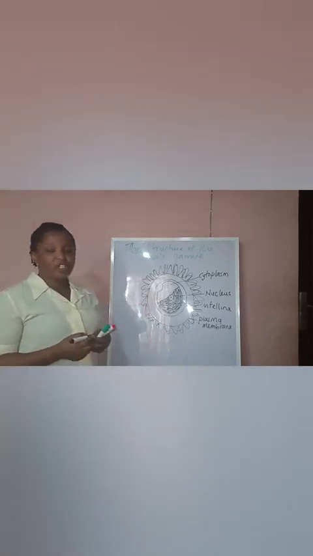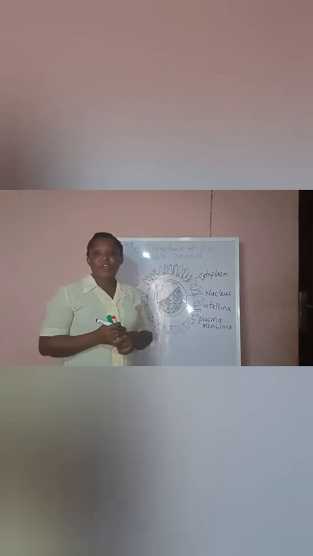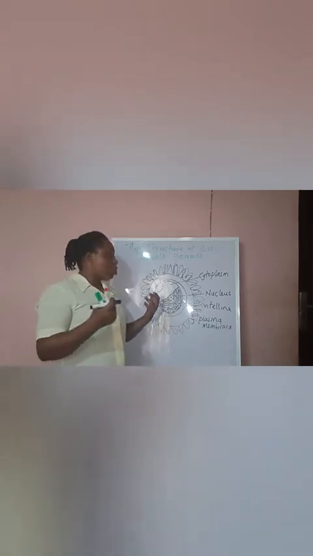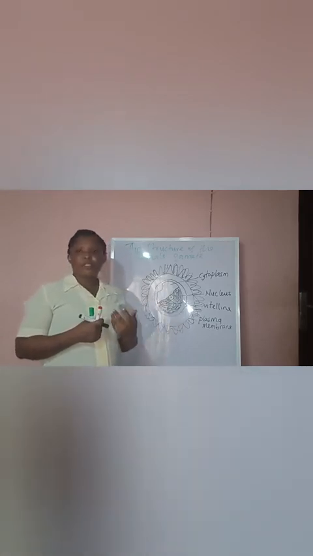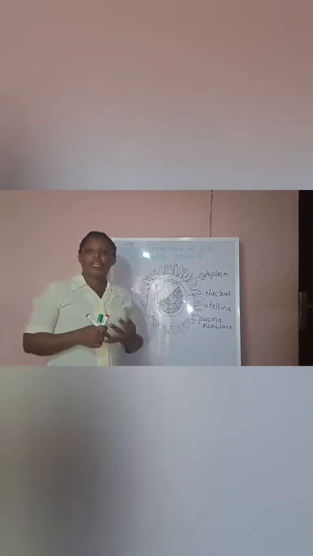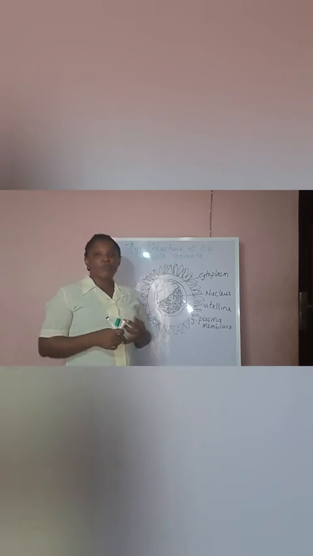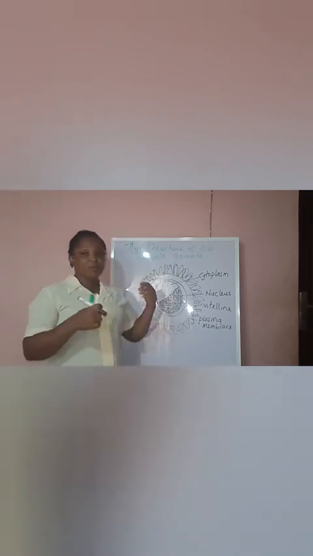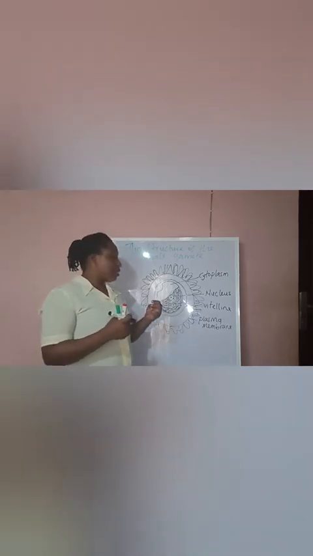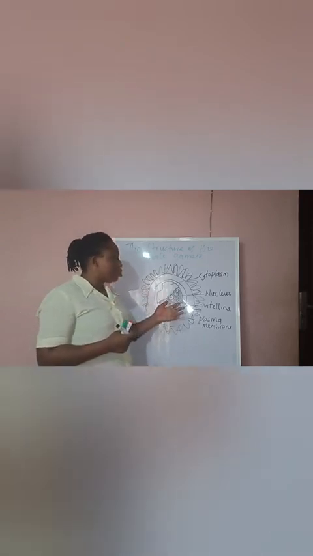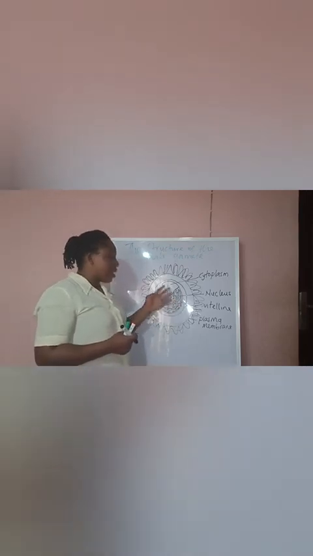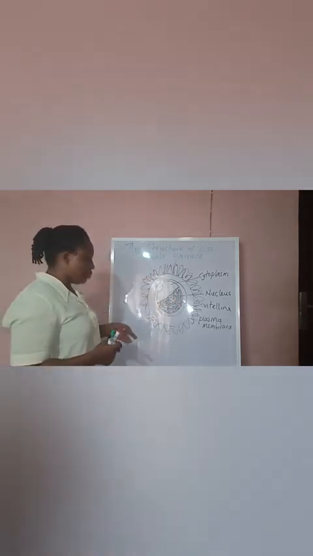When fertilization has taken place, they prevent what is known as polyspermy. That means another sperm will not be able to go through the membrane to fertilize the egg again. Once the egg has been fertilized by one sperm, the membrane becomes hard, so it will not allow another sperm to go through and fertilize the egg a second time.